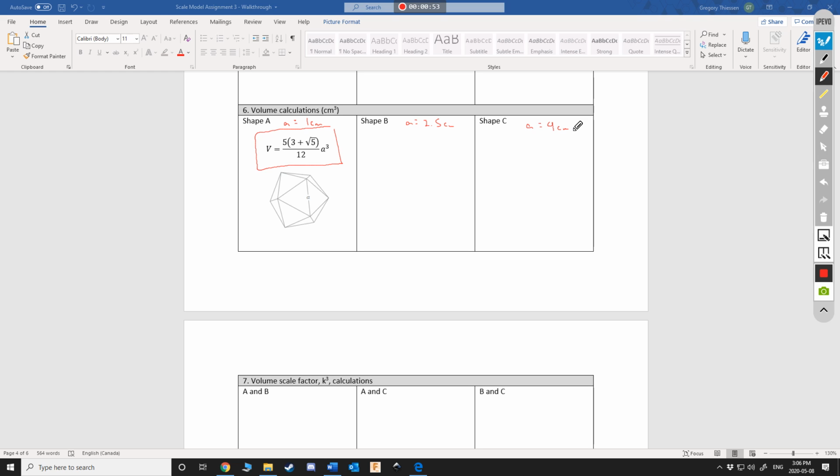So I have 3 plus the square root of 5. That number comes out to be 5.236, 0.67, etc. We're going to multiply that by 5 based on the equation, and divide that by 12. So this complex thing right here comes out to be 2.1816949, etc. Now we're just going to multiply that by a cubed. In this case, a is 1, so multiply by 1 cubed. So we get a volume of